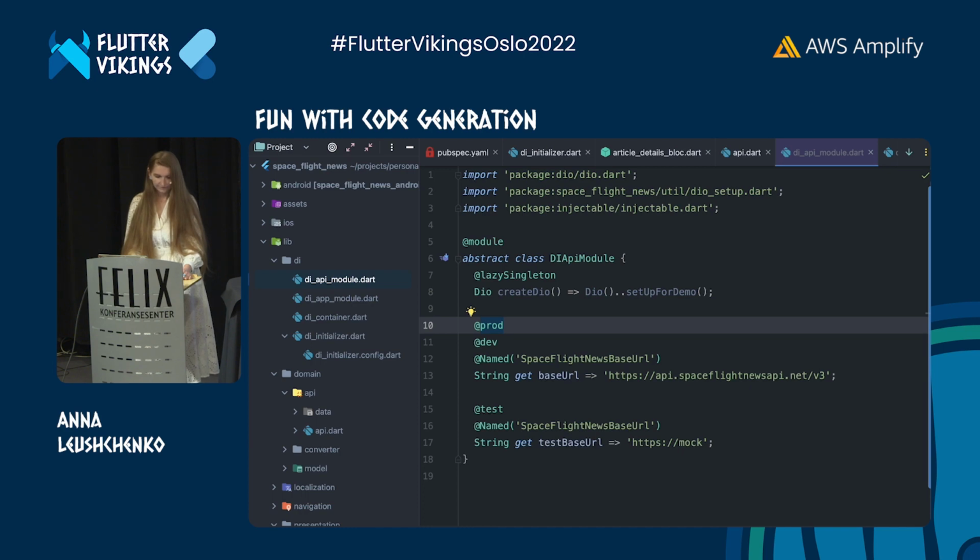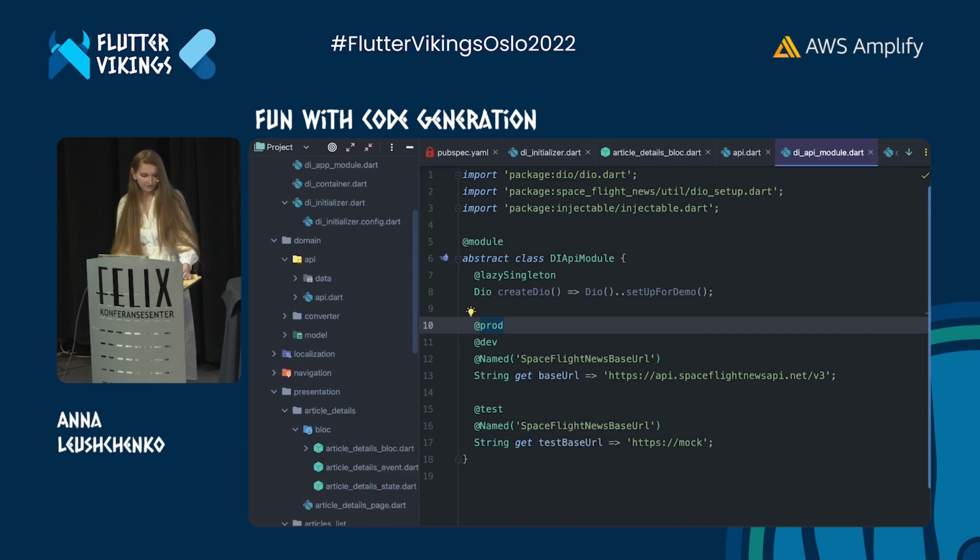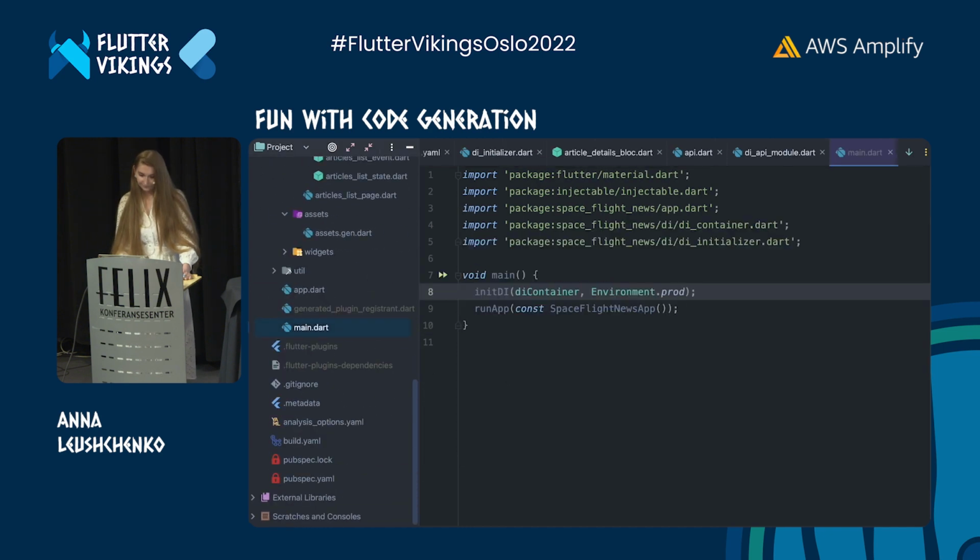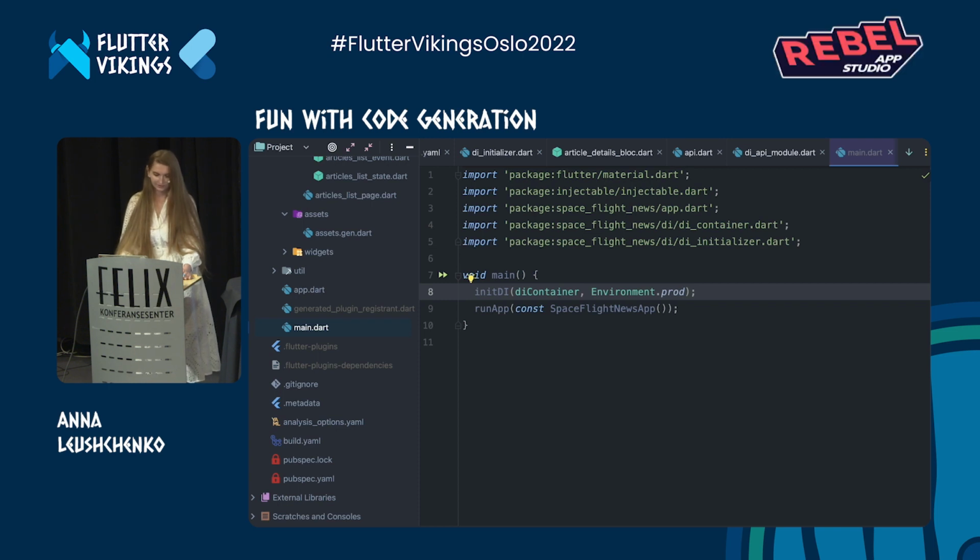This means different values will get registered in getIt depending on the environment, based on the value passed in the DI initializing method. Injectable package declares its own environment enum, which can be passed into the generated registrations, allowing granular getIt configuration based on the application environment.